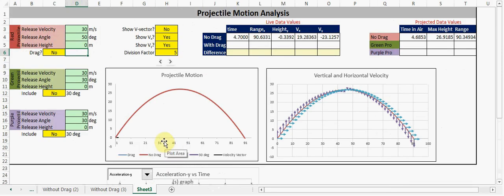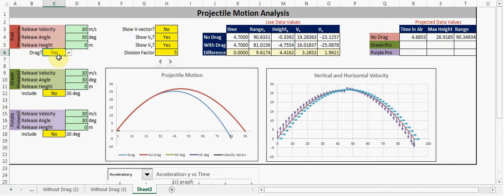So the last point of departure would be to see what the change in this parabolic flight path would be in the presence of air resistance or drag. If I include that option, you can see here it's denoted by this blue graph, right? And you can see that not only does it reach a lower height, but also a shorter distance in the presence of air resistance. We can see here how much different that would be. So in the presence of drag, the range would almost be 9.6 meters shorter at this speed and at that